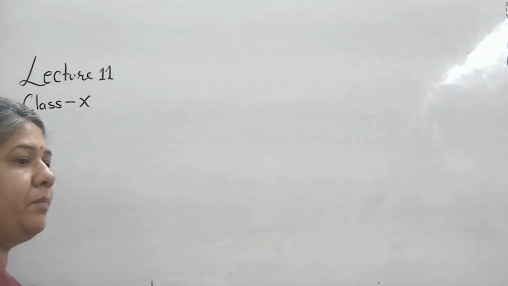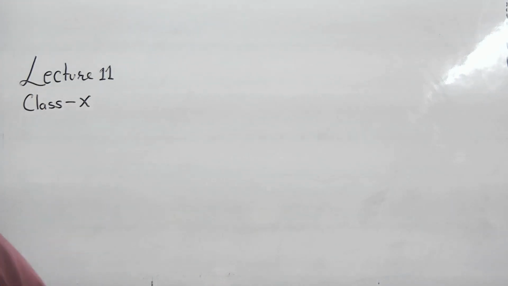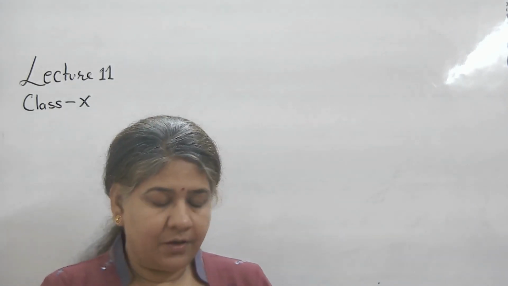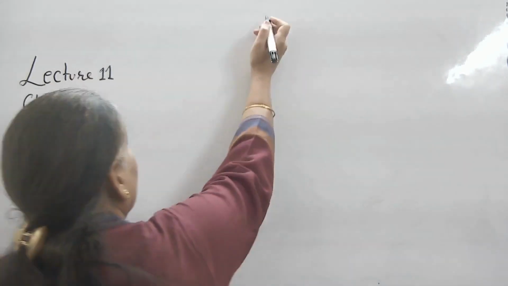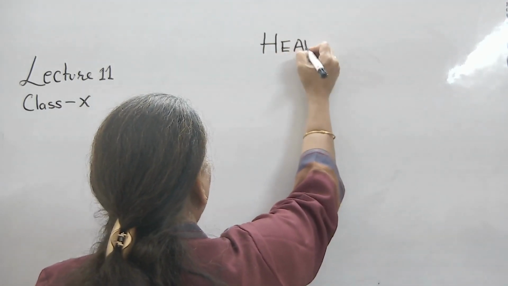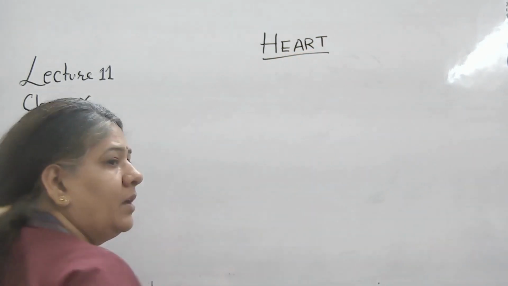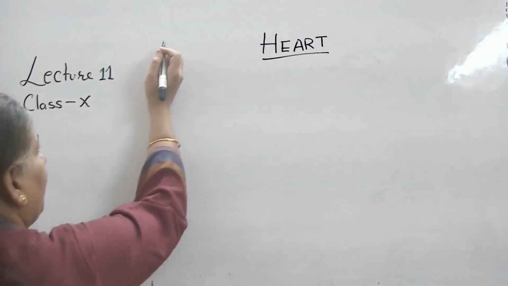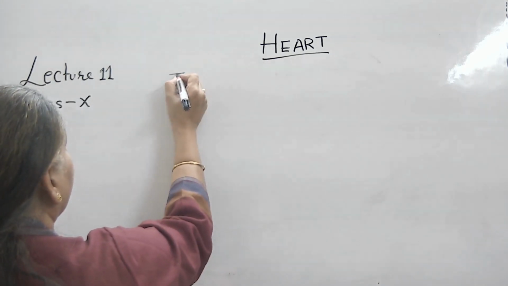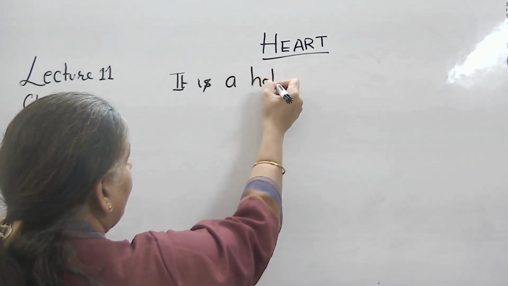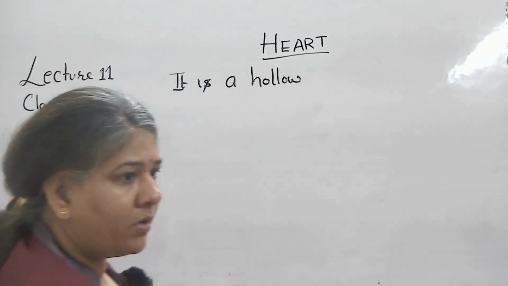Okay, let's see the structure of heart, or our pumping organ. So before that, we must know where it is located, how it is protected, what is the size of the heart. Heart is a hollow muscular organ located in the thoracic cavity. So you may write down, it is a hollow muscular organ